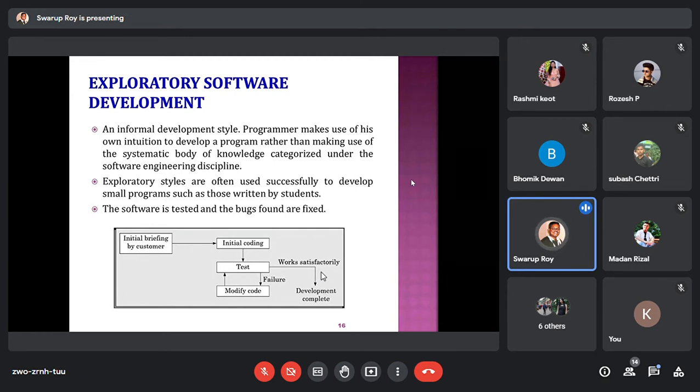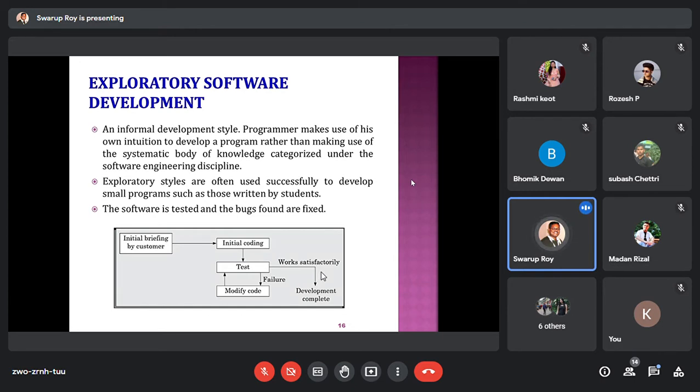You don't know what may happen. If one bug is detected which requires changing the entire software, the entire coding, who knows how they'll do it? They have already invested in salaries and everything, and the customer has also already paid. So that is a very risky factor in this kind of trial-and-error software development, what we call exploratory software development.